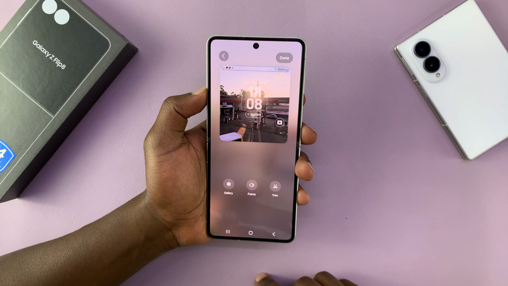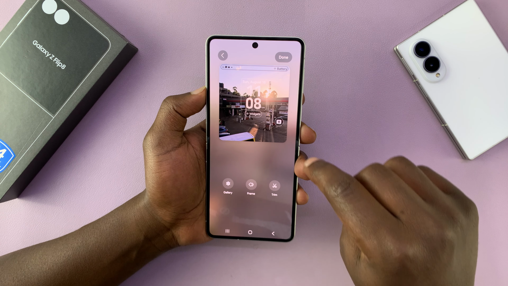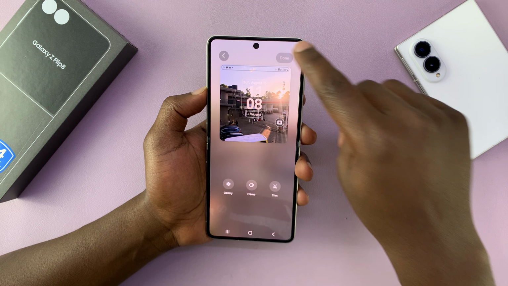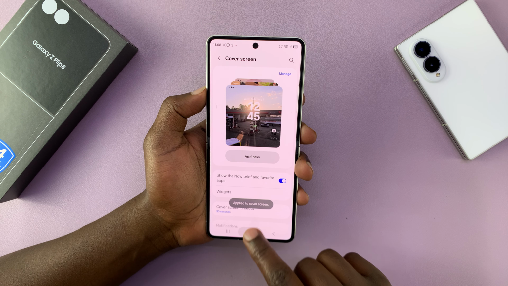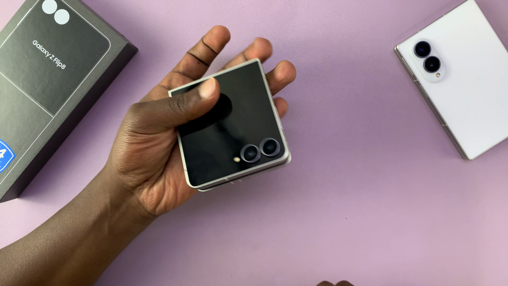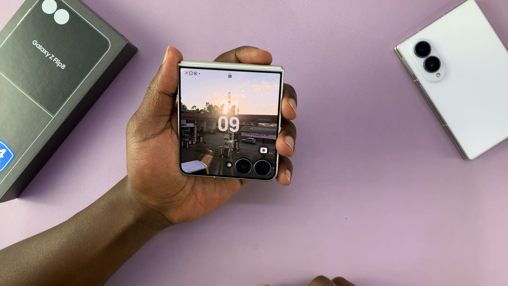And as you can see, we have that little video clip of the sunset in my hometown, and I can tap on done and it's going to get applied to the cover screen. So now every time you look at the cover screen, you're going to see that